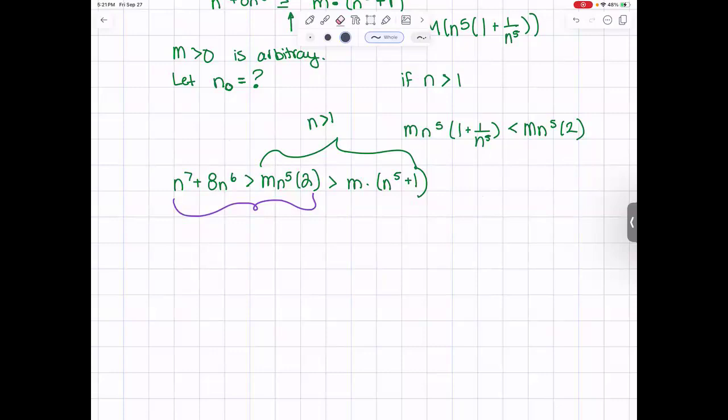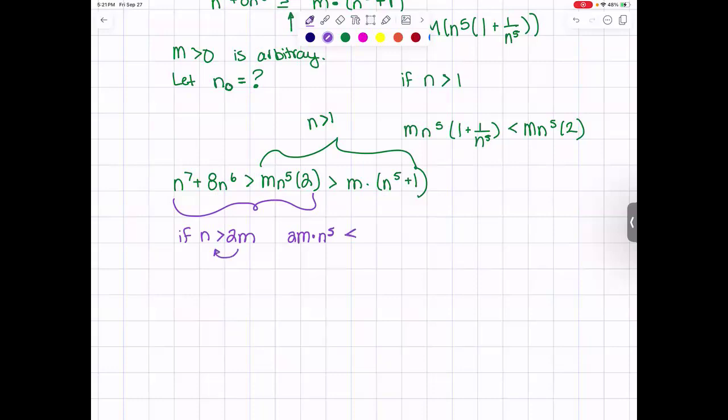If we give our n value something that will be greater than 2 to the m, we'll be able to use our round up trick. And we'll be able to say that 2 to the m times n to the 5, so I'm just rewriting this right over here, is going to be less than,